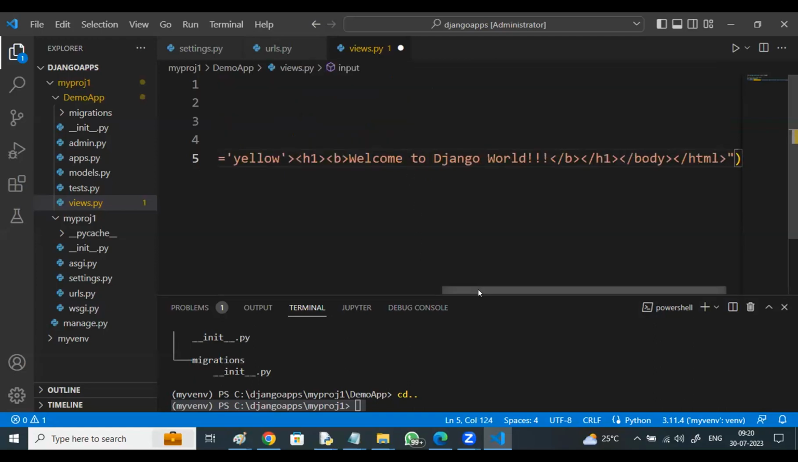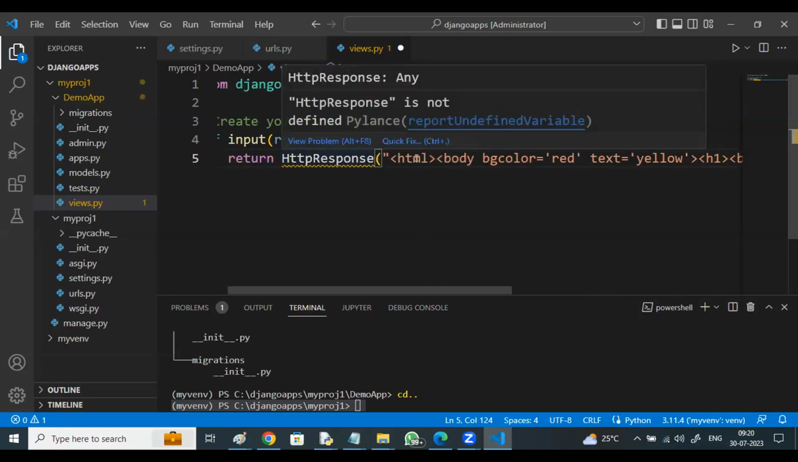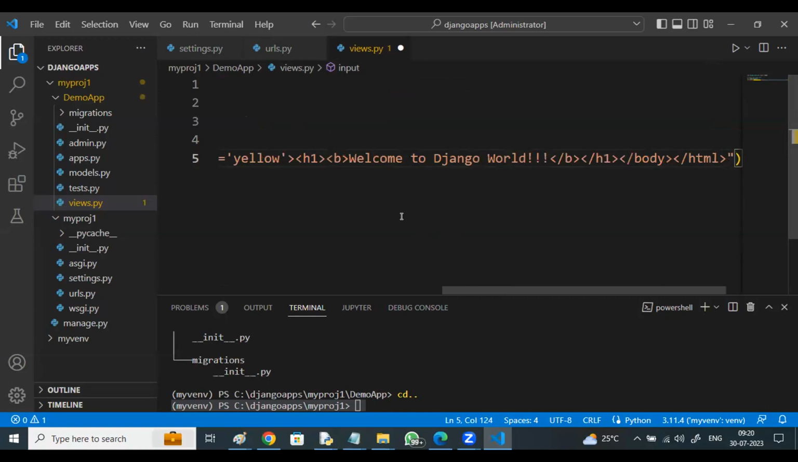Whatever HTML code you want to write, keep double quotes and write your entire HTML code in a single line. In the next examples, I'll show you, other than this, how to store this HTML code within some variable as a multi-line string, and how you can return it. That is why, if your HTML code is very big,